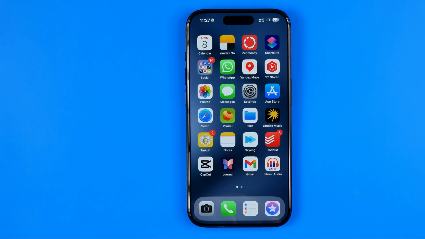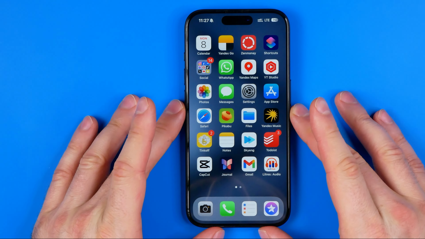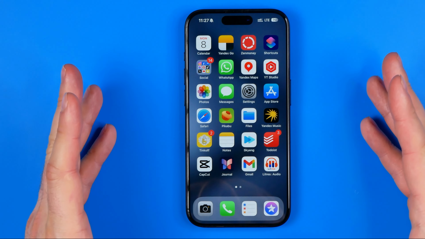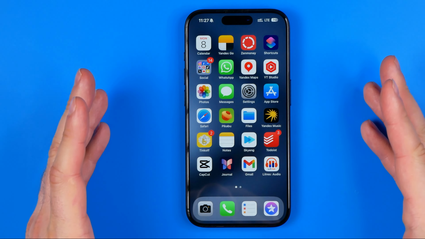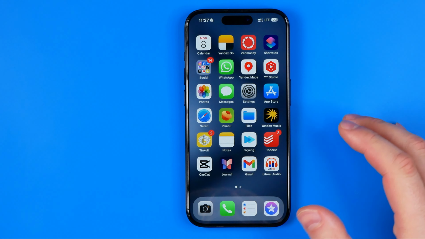In this video, I'm going to show you how you can easily allow pop-ups on your iPhone. Be sure to watch the video to the very end so you don't make any mistakes. If on your iPhone in Safari pop-ups are not appearing where they should, then you probably just need to change